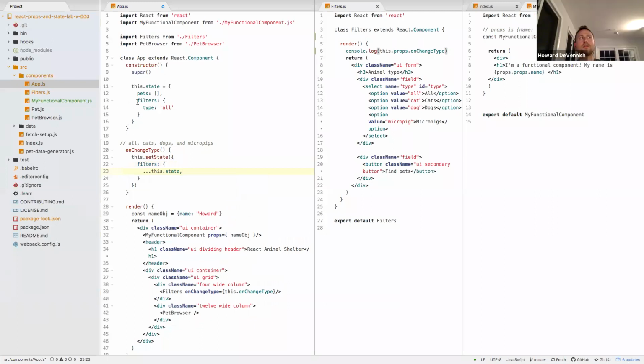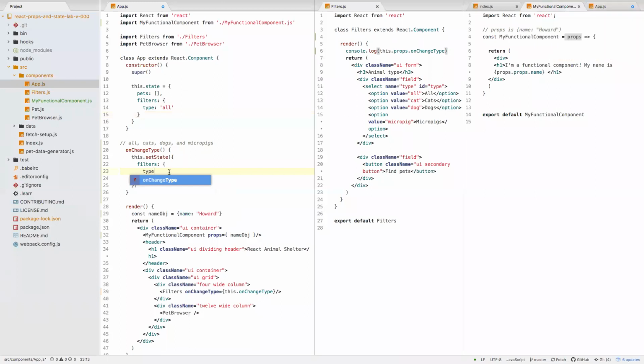How many properties are there in the filters object? Right now, I'm just wondering, only type. If there's only one, I don't think I need the spread operator here. Would you agree with that? Okay. So why did I do it? I don't know, I just thought,